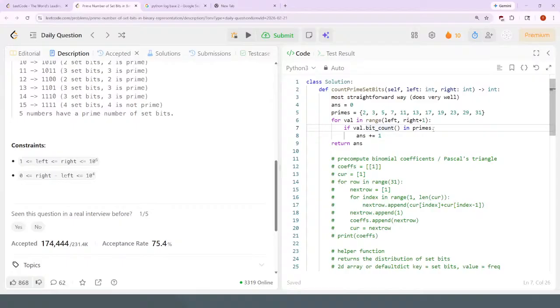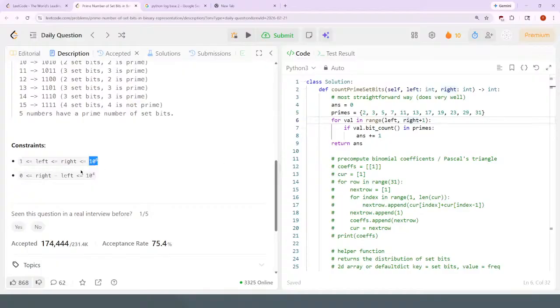So anyways, the way that I had it done was just using bit count to determine the number of set bits, iterating through all the values in the range. So from left to right plus 1, not inclusive, right plus 1, so you include the right value. You have a set of primes that are reasonable to be the number that's on. I went ahead and went all the way to 31, although given the constraints of right being at most 10 to the 6,